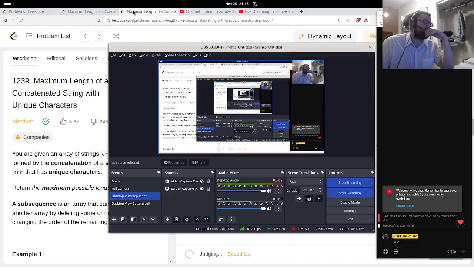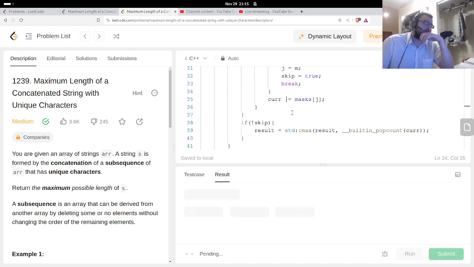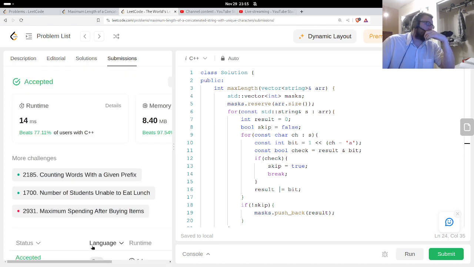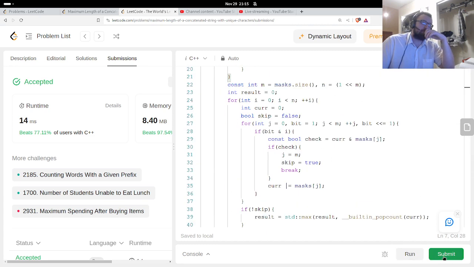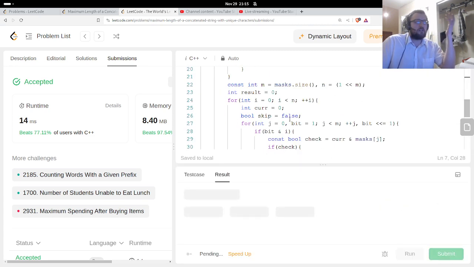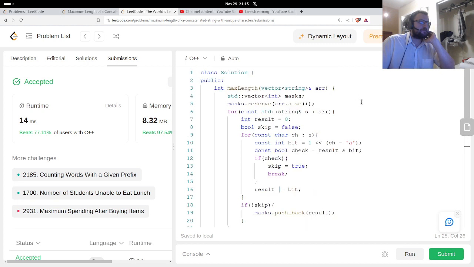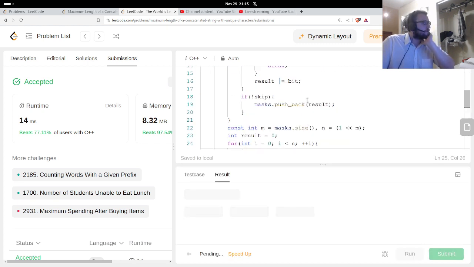We do it on time. All right, let me go for it. This could be wrong. Nope. No, not much faster. About the same as the other one. Okay. Doesn't actually save me much. Okay.